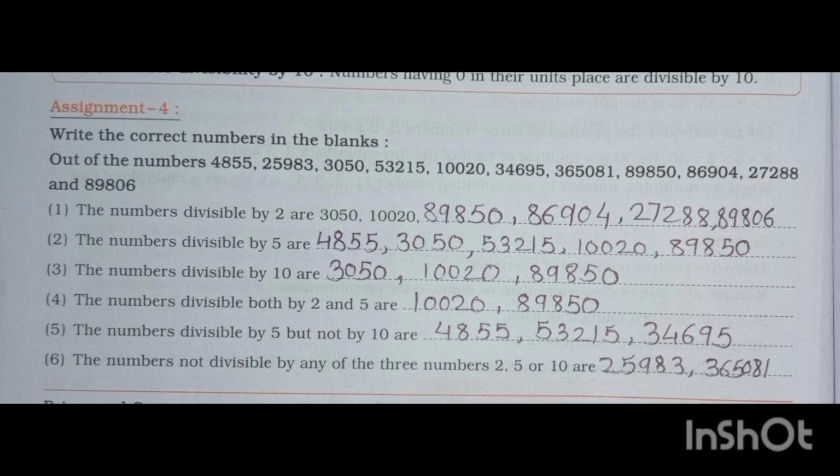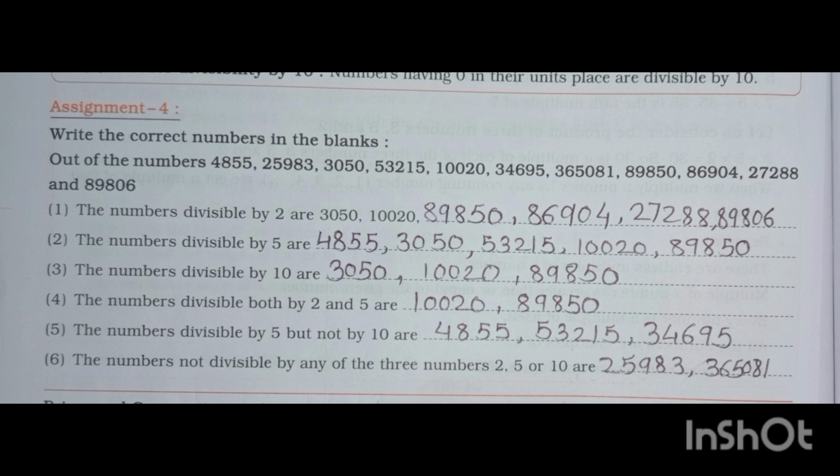Second one, the numbers divisible by 5 are 4,855, 3,050, 53,215, 10,020, 89,850. Third one, the numbers divisible by 10 are 3,050,